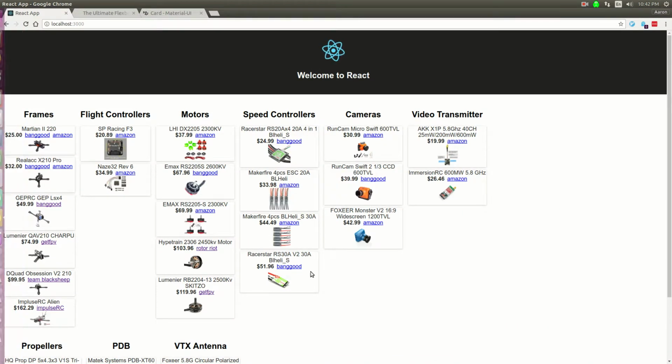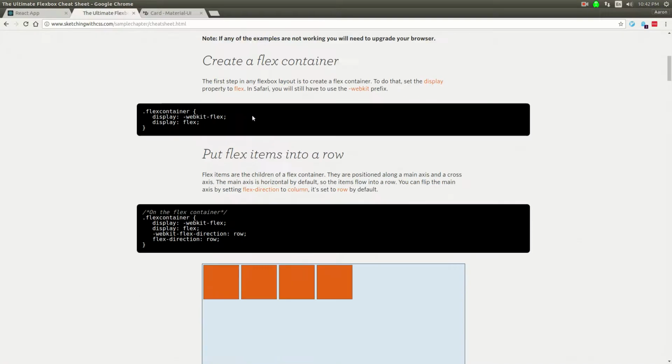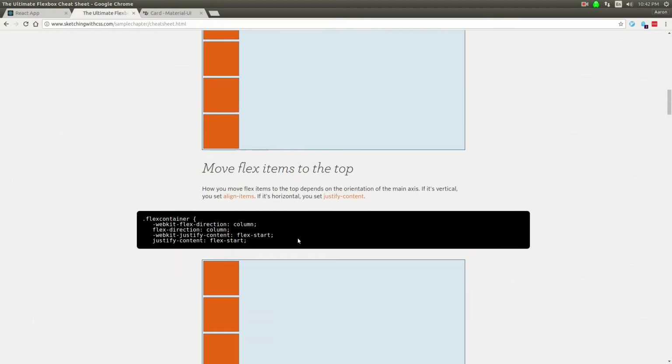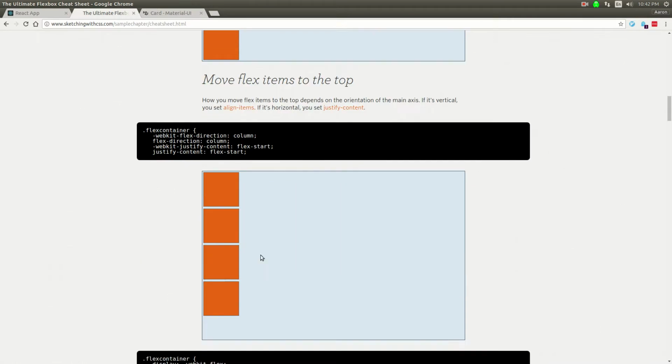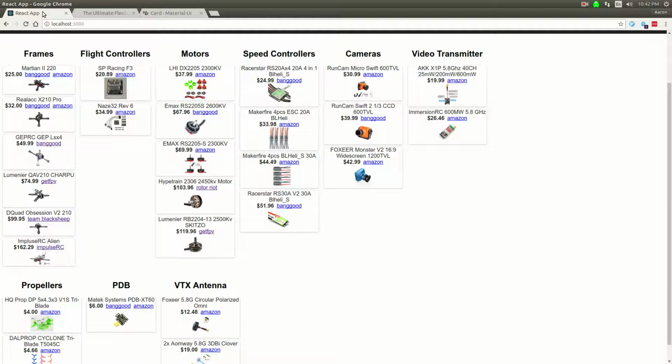basically this kind of grid system that we built here with Flexbox. So I'm using this Flexbox cheat sheet to show how I'm doing this. Basically just rows and columns for now. I'm not doing a lot of fancy stuff. But that's kind of the starting point for this. We've got some rows of